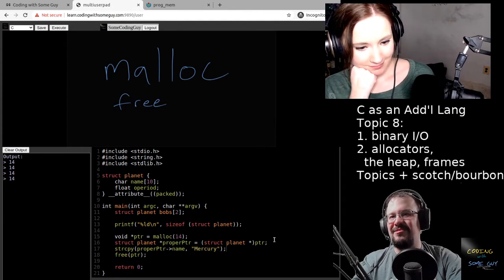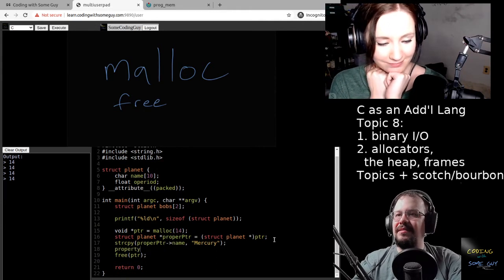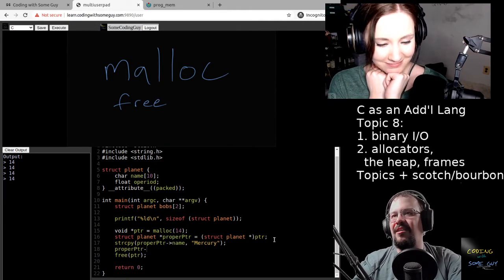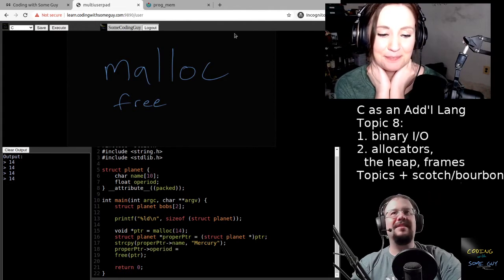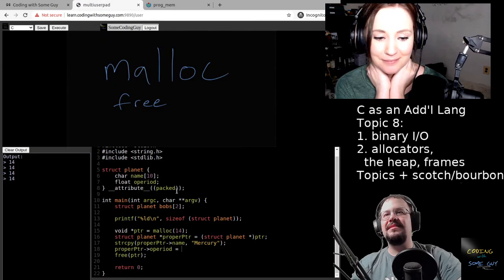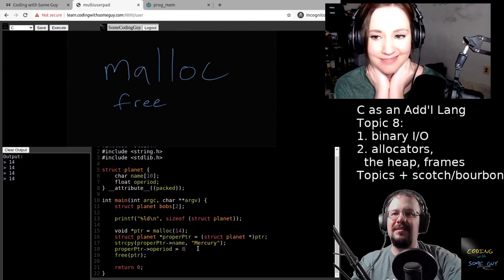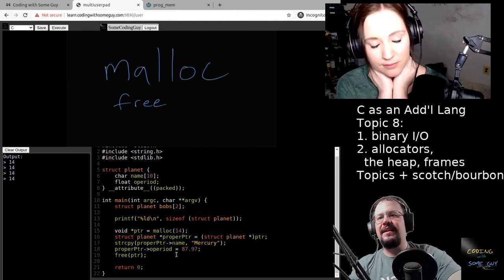Let's just drop Mercury in there, and we can also pew pew in our orbital period. This thing is going to be 87.97. All right, so I can do that, and then I free the pointer.